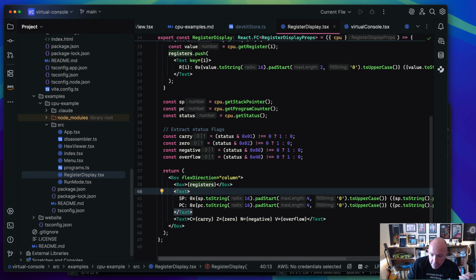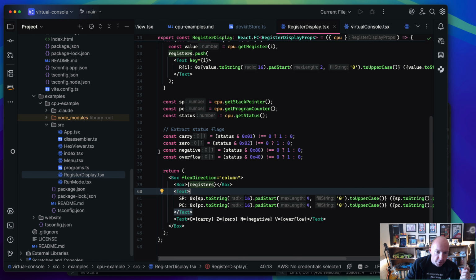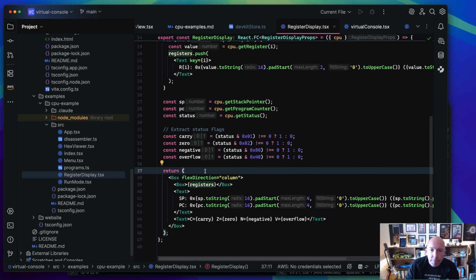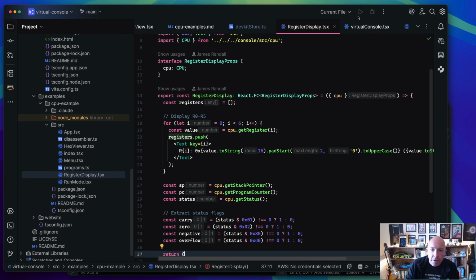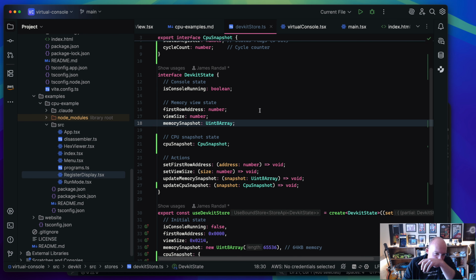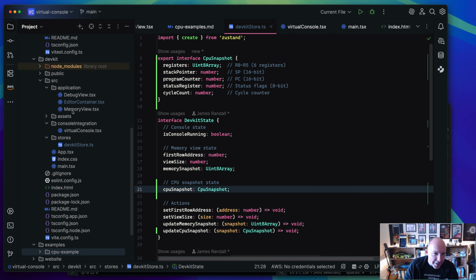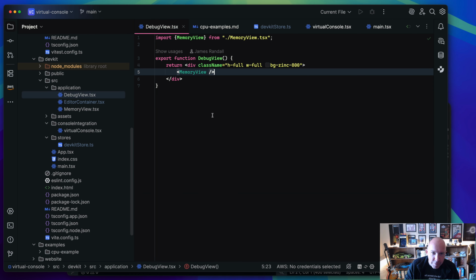So we should have a value register display now. It's just out of the store. We didn't ask it to put the thing in. I'm looking at our ink code. Everything's React. It's like, where's our register display come from? Okay, so actually what I'm asking it to do now is in the debug view,